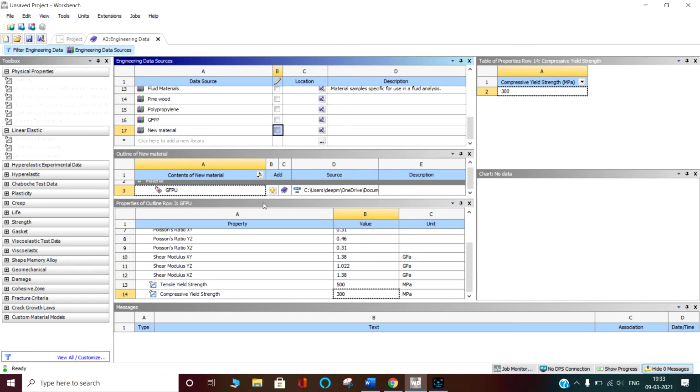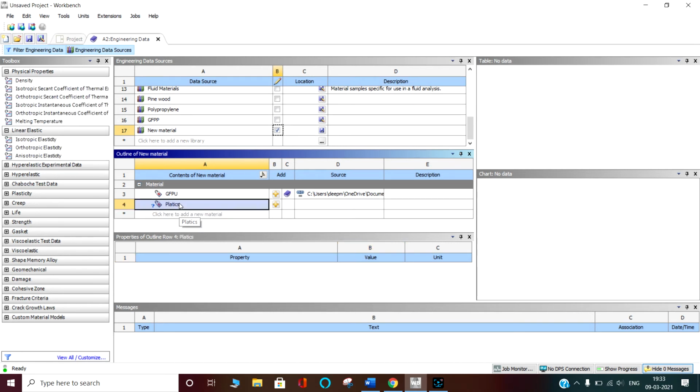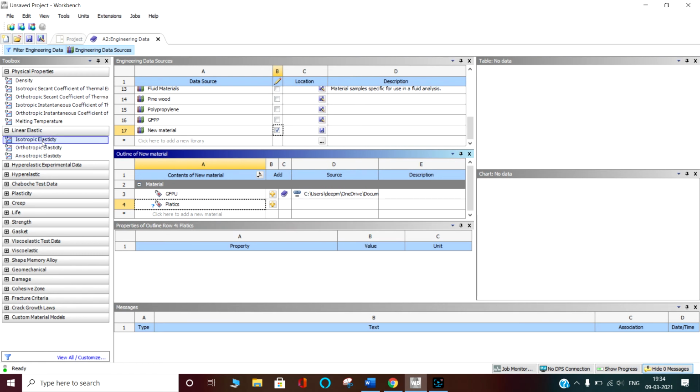If next day you want to add a new material, go here, new material, go here. You can say plastics, high density polyethylene plastics. Okay, I have clicked on the plastics. Plastic is an isotropic elasticity.